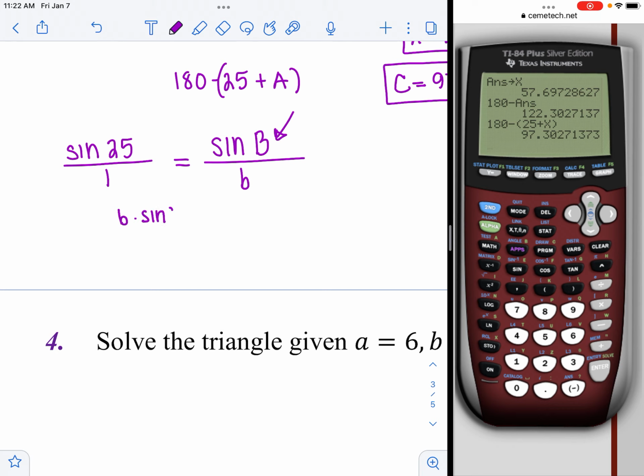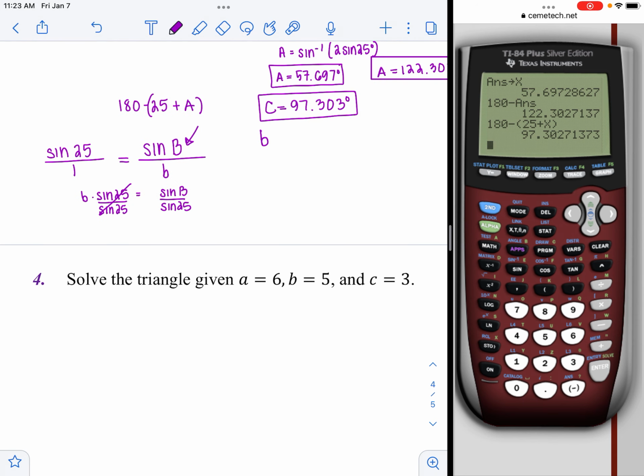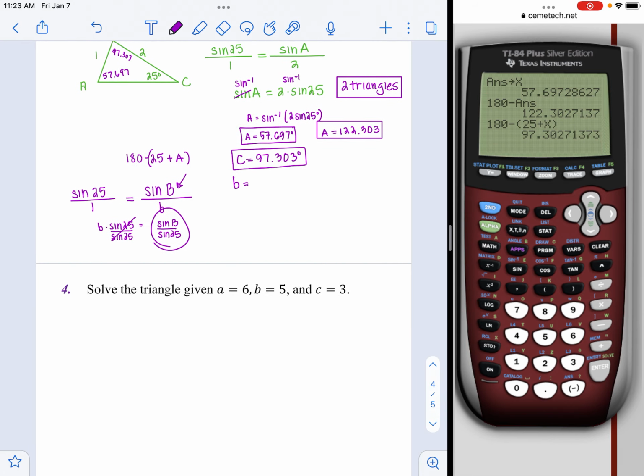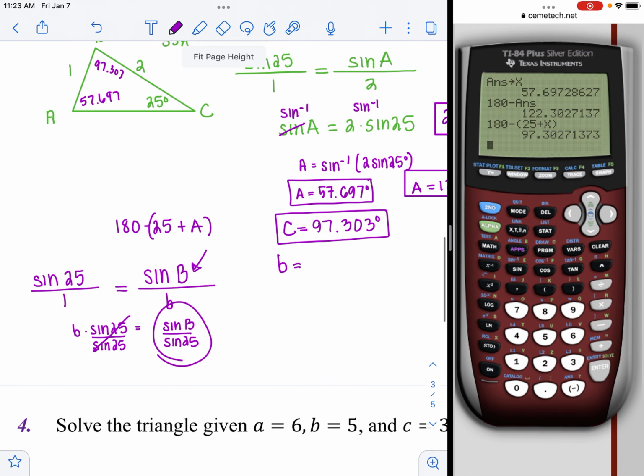So I'm going to do B times the sine of 25 is equal to 1 times the sine of B, which I don't need that 1 right there, so I'm just going to delete it. And then to get B by itself, I'm going to divide both sides by the sine of 25. So I have B equals, and I'm going to write it over by my answer here. I get B equals, and now I have to do this. So I need the sine of angle B, which angle B is